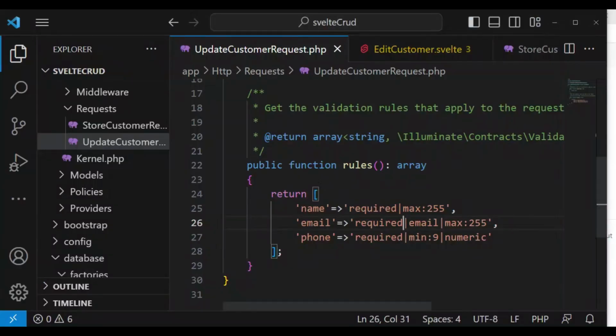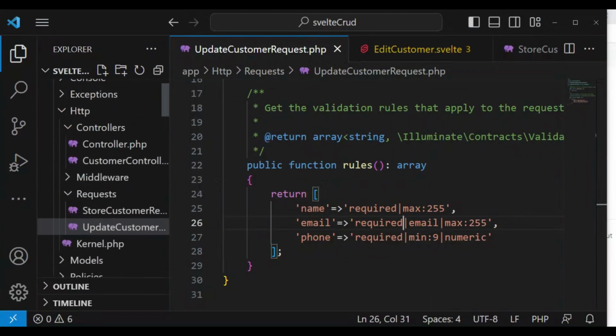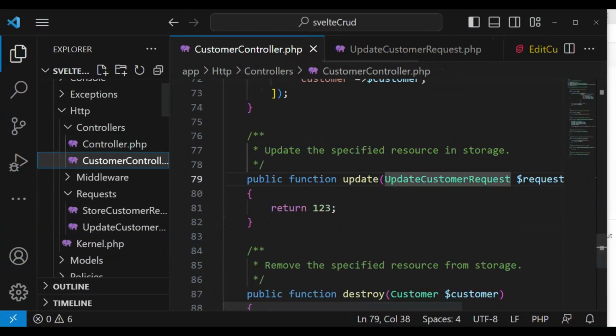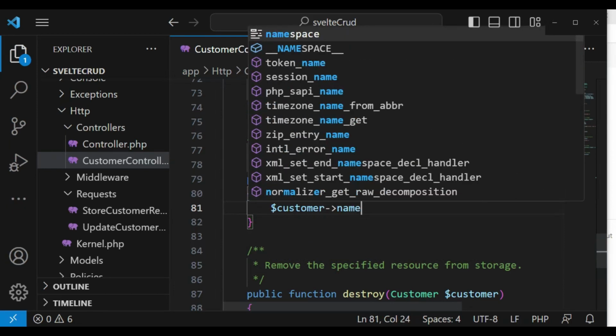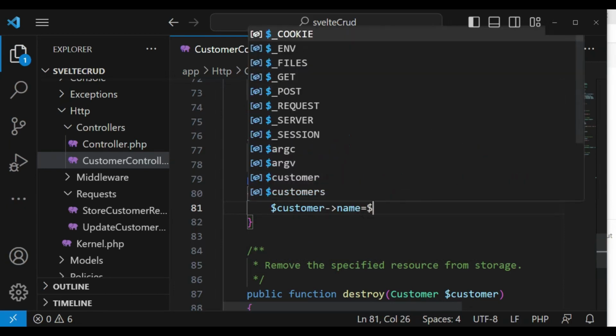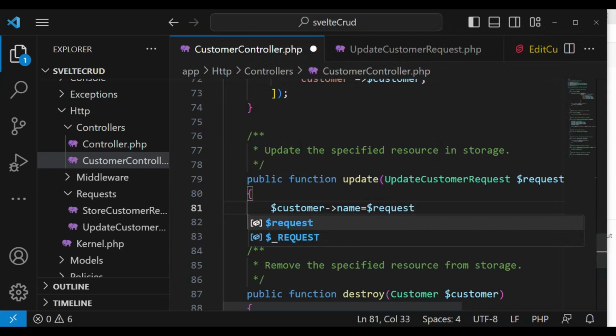Now in our update customer method in the controller, I would like us to modify and save this new user, in this case the edited user. So what we are going to do is get the customer name. We can say customer name, the same way we have them in the store method, and here we can say request name,